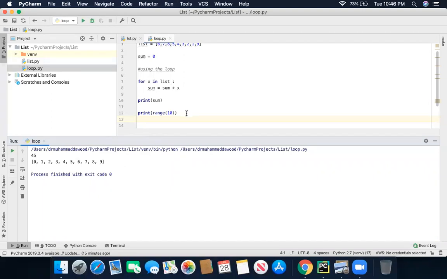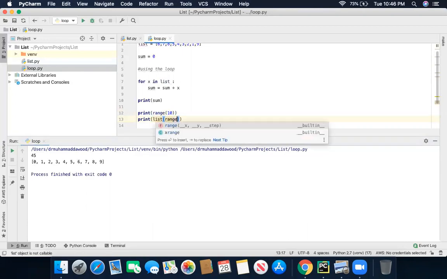So now we need to print a list of numbers. Now I'm going to print a list of numbers, and it will show you the same output. How you're going to do it: just print list, range of 10.